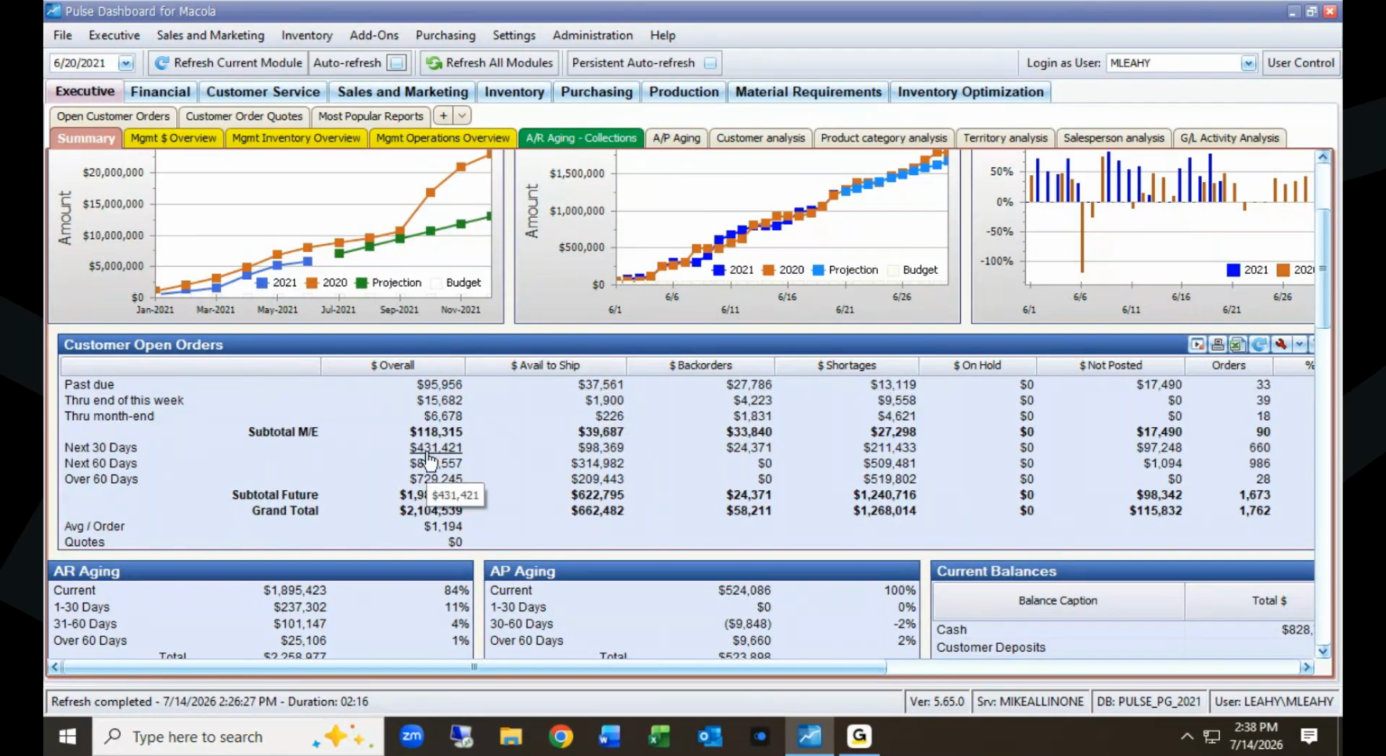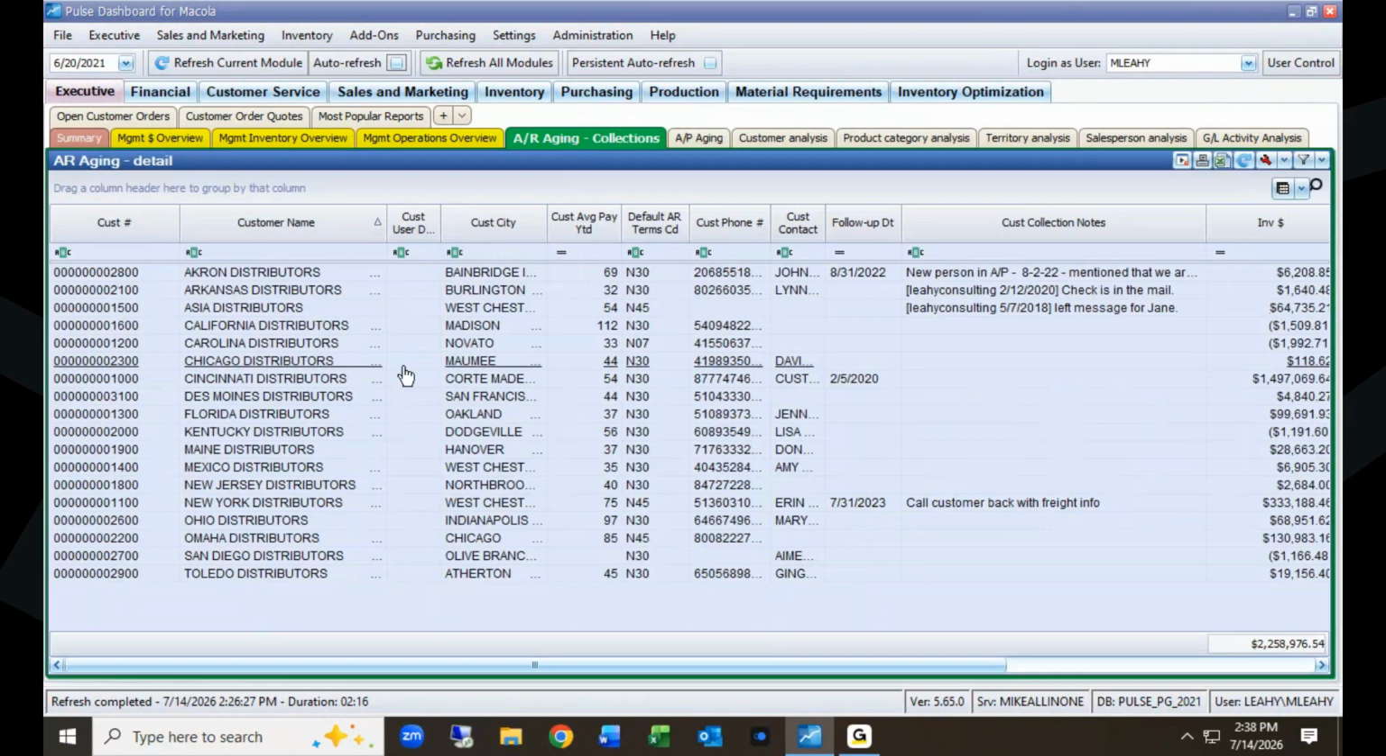So this is very, very popular. This is a screen that's very, very popular. Another screen that's popular is this aging report, which doesn't look like anything you've seen before because we added collection notes. So some years ago,